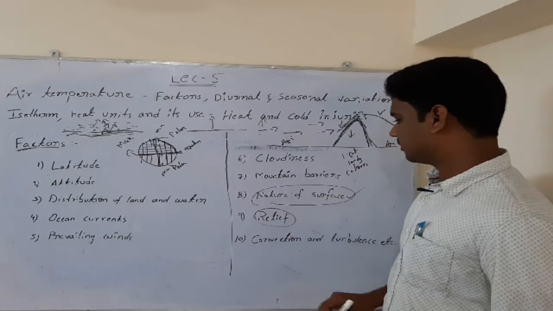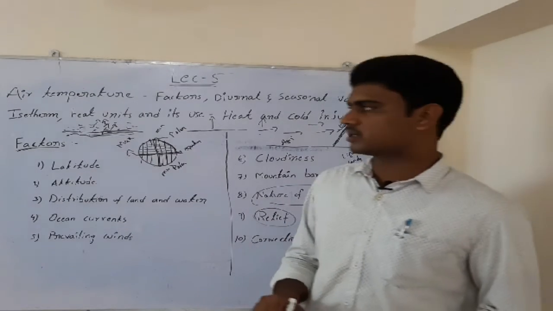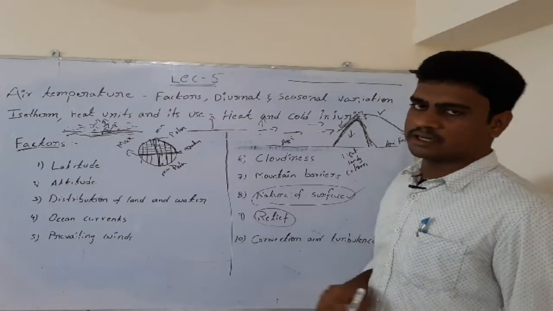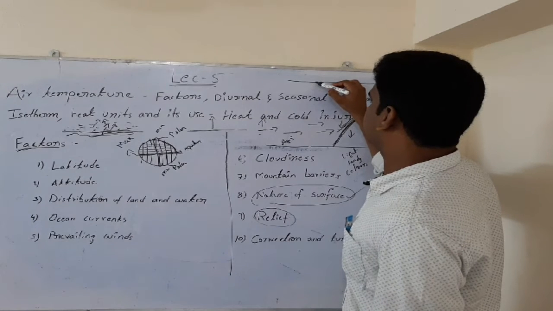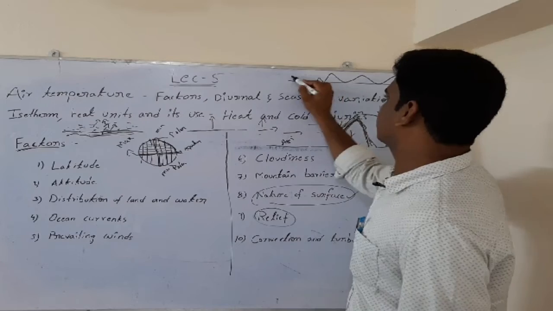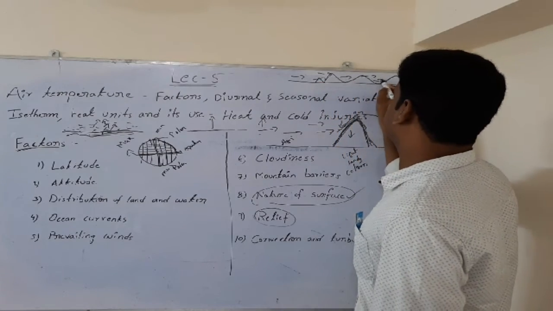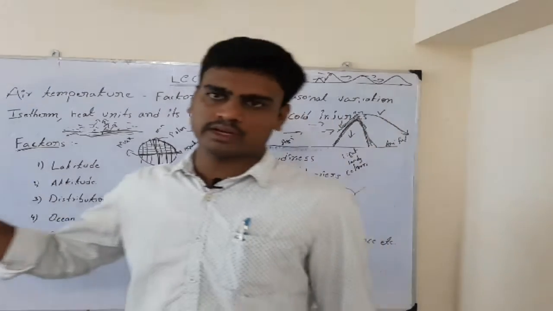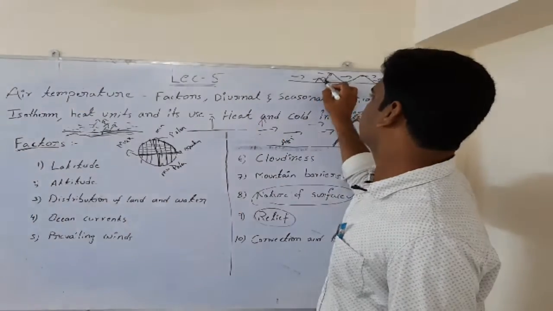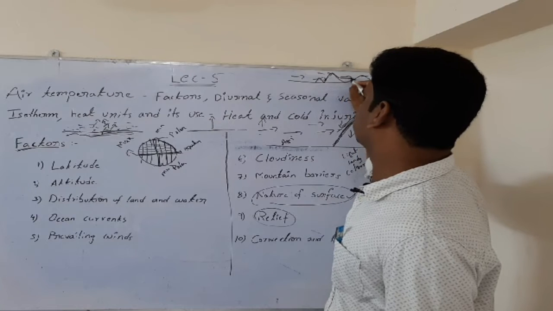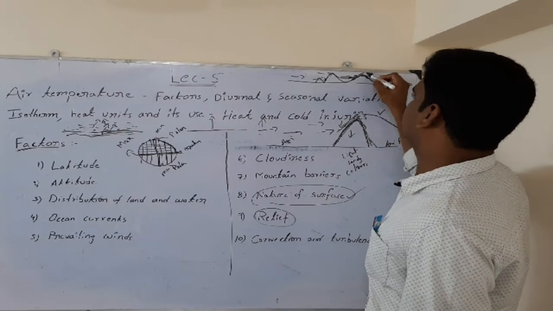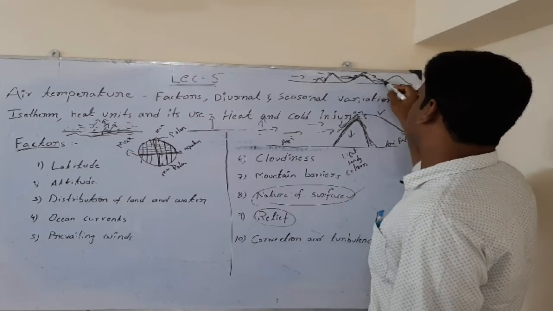Then the next one is relief. Relief means nothing but topography. See, instead of being plain in nature, that particular land area may have elevations. So when we have these elevations, when wind blows into that particular land area, what will happen? Wind cannot blow at the same speed. When we have ups and downs, it has to hit one elevation, and again it has to climb down. When it goes on normally, another relief will come, another elevation will come, again it has to hit, and again it has to climb above the elevation, and again come down.